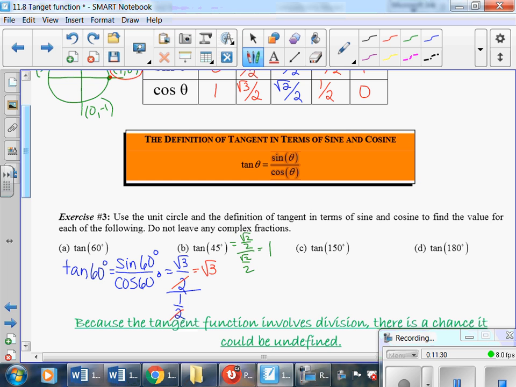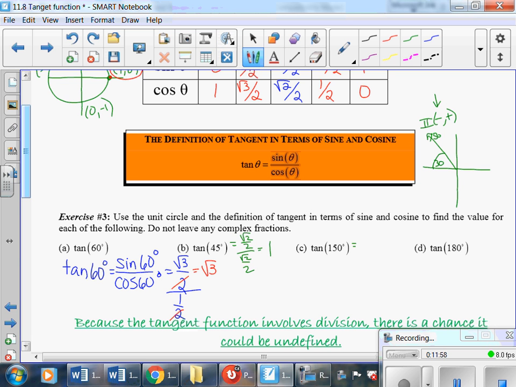Now, this one gets a little complicated. The tangent of 150, figure out what that means. I'm going to come up here. Tangent 150, what quadrant am I in? I'm up here in the second quadrant, which is negative, positive. So tangent, this is going to be negative, right? Because, and what's my reference angle? If this is 150, I need 30 more degrees. So this is going to equal,